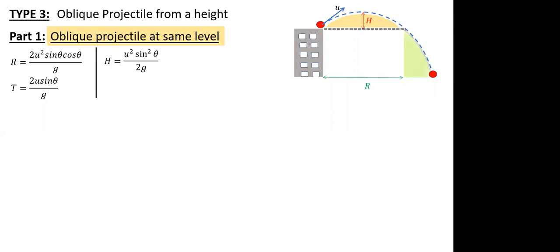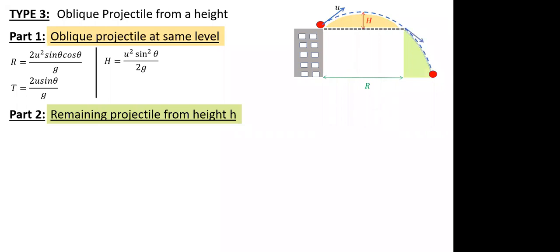But now we move to the remaining section of the projectile. This is the remaining part: the height to be covered and the horizontal distance to be covered further. So for the second part, you can say the remaining projectile. The velocity at that point will be tangential, and that will be similar to what was initial. So it will be u again when it is at the same level, as per our ground projectile definition.